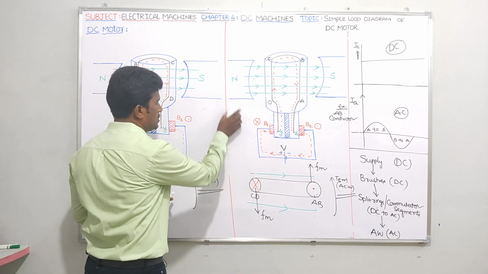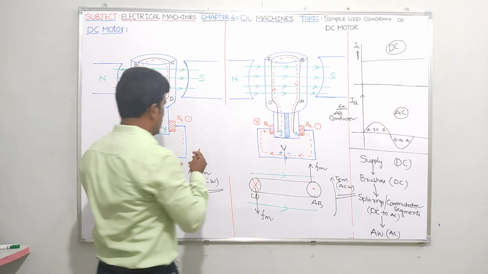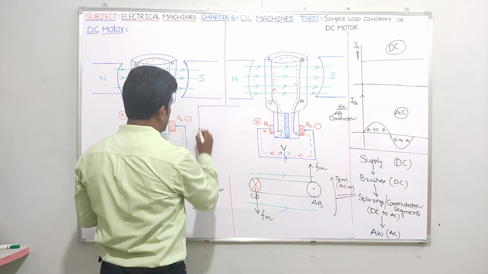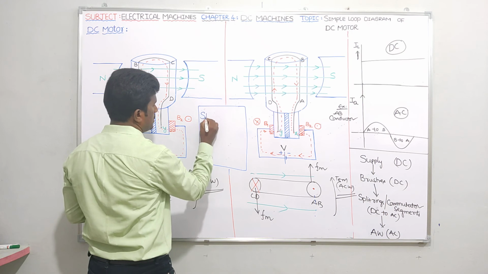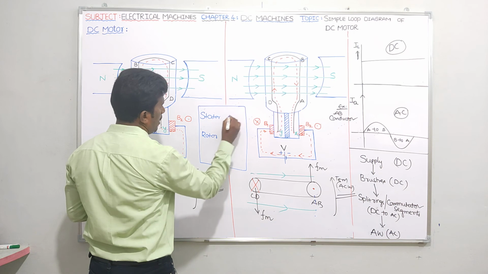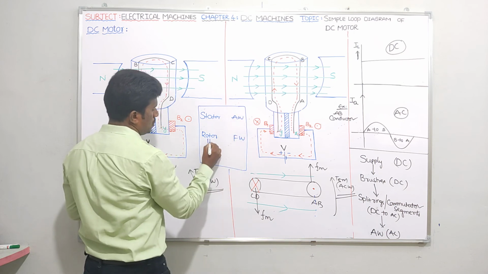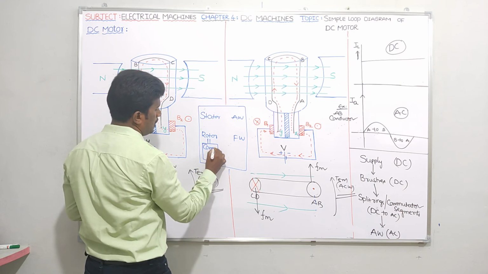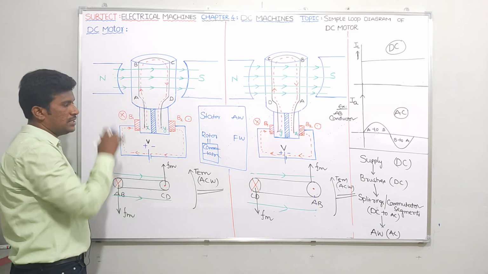In the previous video also I explained. Let me repeat that statement here also, guys. Tell me, I told you in a DC machine, where do you have to place the armature winding? Suppose you have a stator portion and a rotor portion, and you have armature winding and field winding. So to this rotor, I told you in the last video also, the commutator will be connected because it's a rotating part, whereas brushes are fixed.